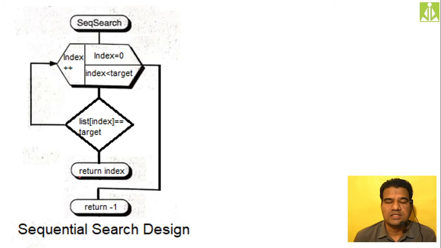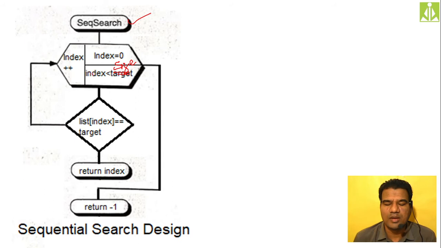So this is the sequential search algorithm flowchart. We are writing a sequential search module. A module is nothing but a function, so we are writing a sequential search function. Over there we are taking a for loop; this particular symbol indicates a for loop or simply a loop. We are taking a variable like index to run the loop, and this should be less than the size, not target, less than the size. So we are running till the list size is reached.